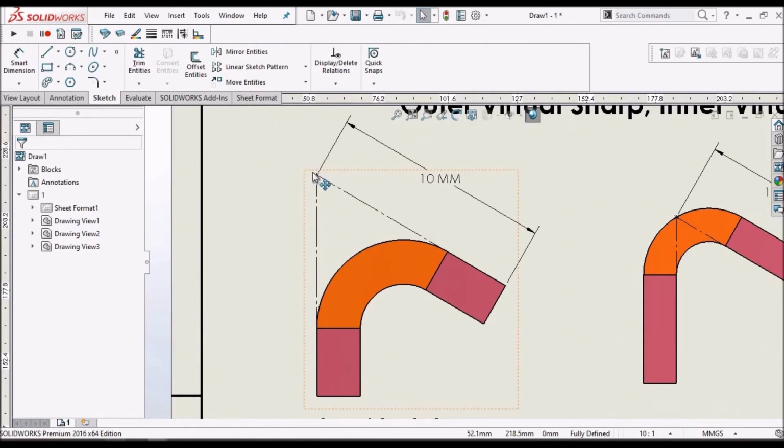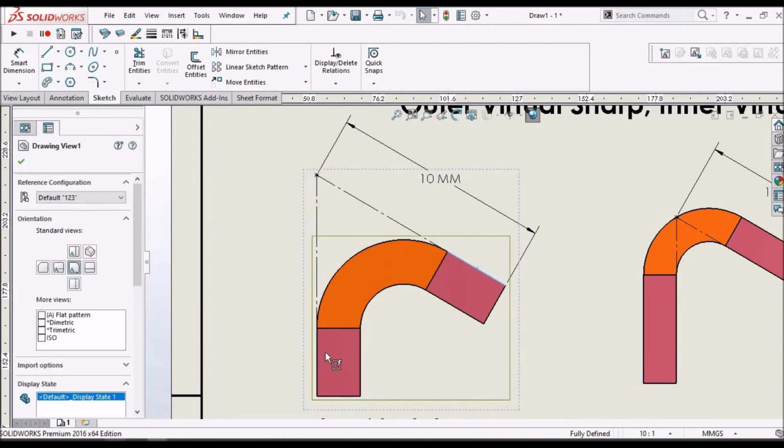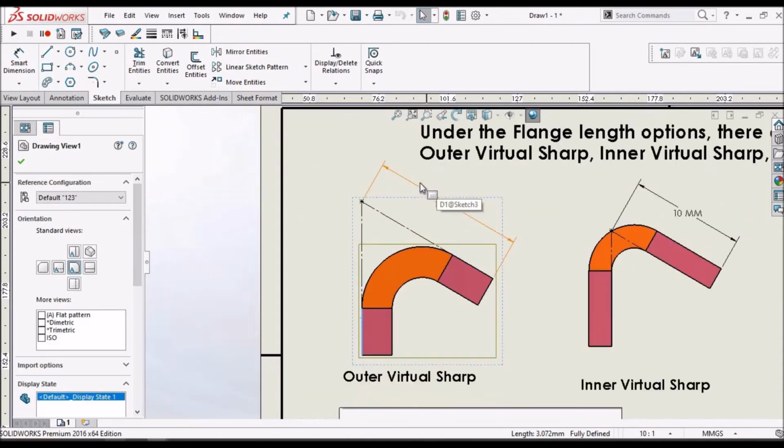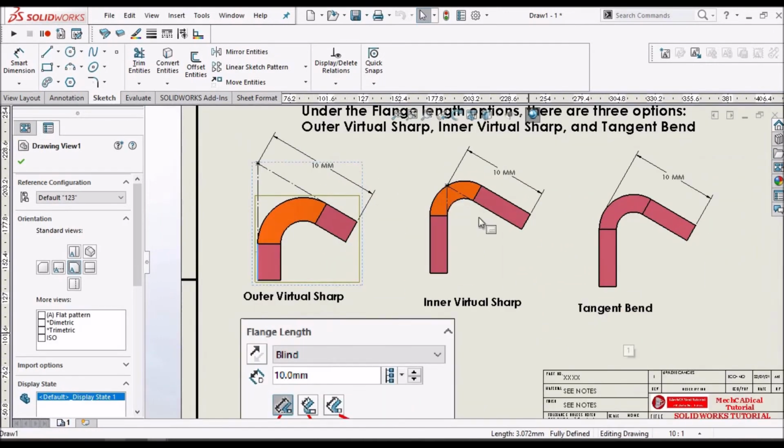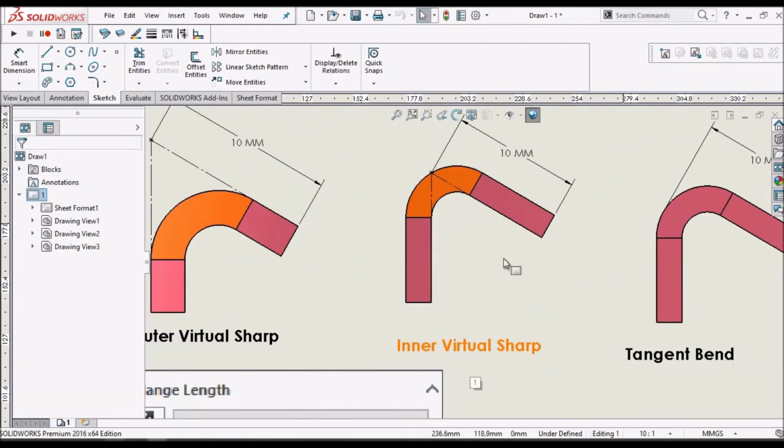See, this is the virtual sharp, that is the intersection of this edge and this edge. So it is taking 10 mm. Similarly, inner virtual sharp is the intersection of two inner edges. Let's see.